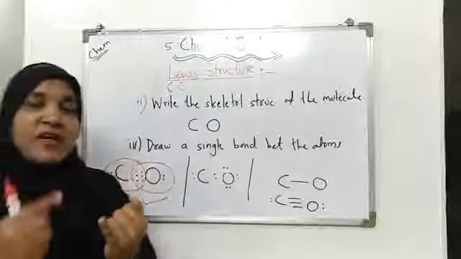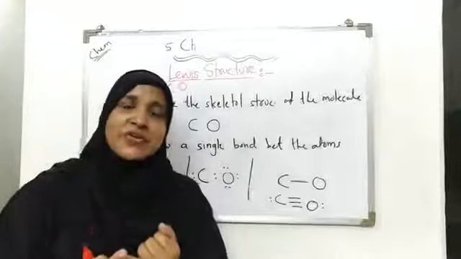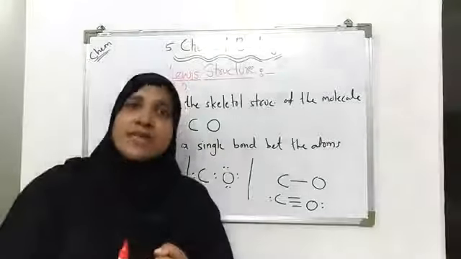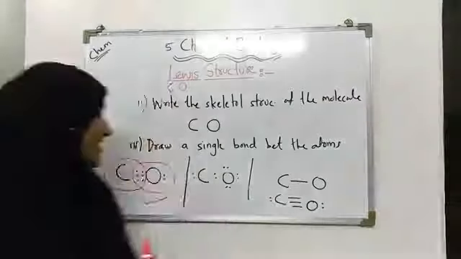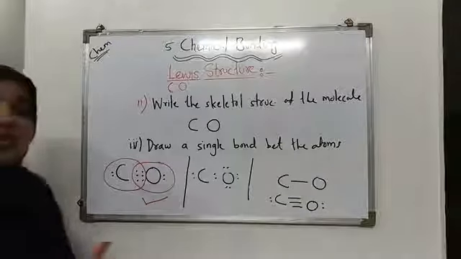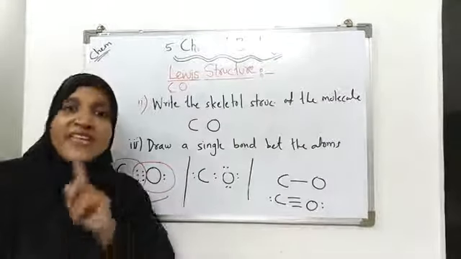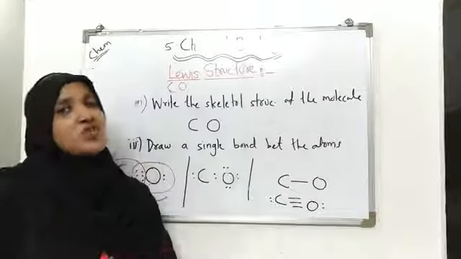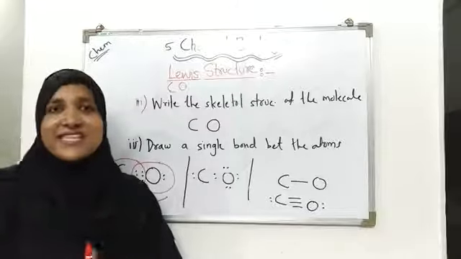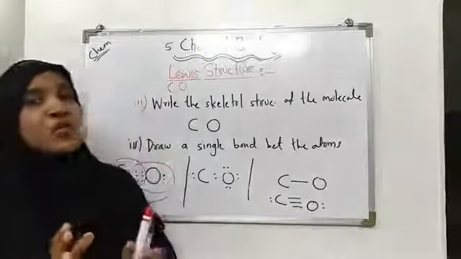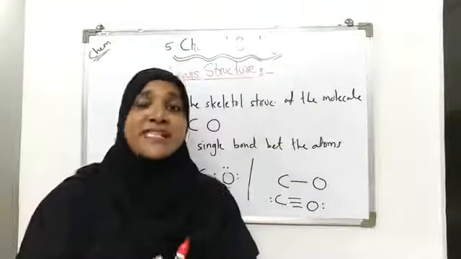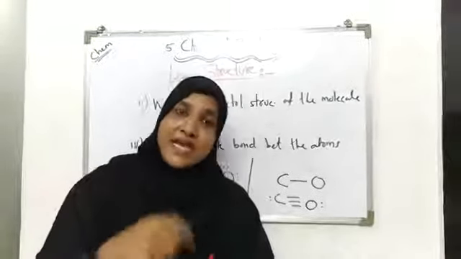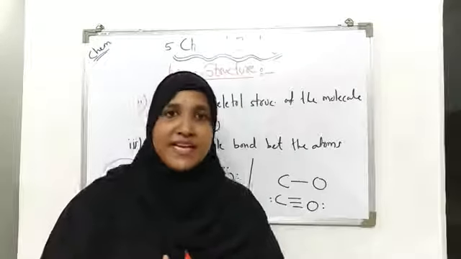What are the 3 steps? First, count the total number of valence electrons. Second, draw the skeletal structure. Third, draw the single bond between the atoms. And the fourth step, you have to complete the octet of each element by making multiple bonds between them if it is not complete or not being completed easily. अगर वो सिंगल बॉन्ड बनाने से उनमें से किसी एक का भी ऑक्टेट बनने से रह जाता है, तो आप एक से ज्यादा बॉन्ड बना के देखोगे और देखोगे कि क्या अब ऑक्टेट कंप्लीट हो रहा है या नहीं।